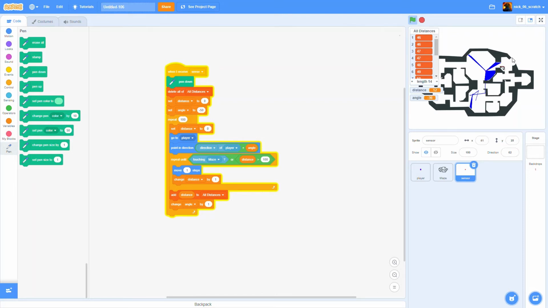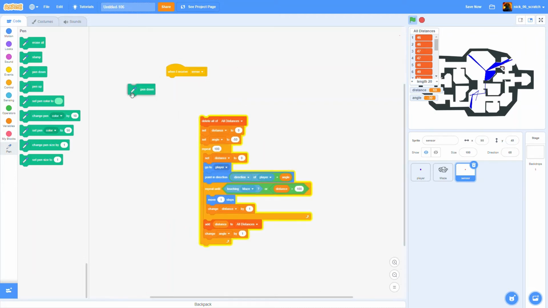Just see. Yeah, there you go. Okay, now this will keep going like because there's a space here. This thing will keep going. Just a little bit. Yeah, there you go. See? Okay, so let me take out the pen down